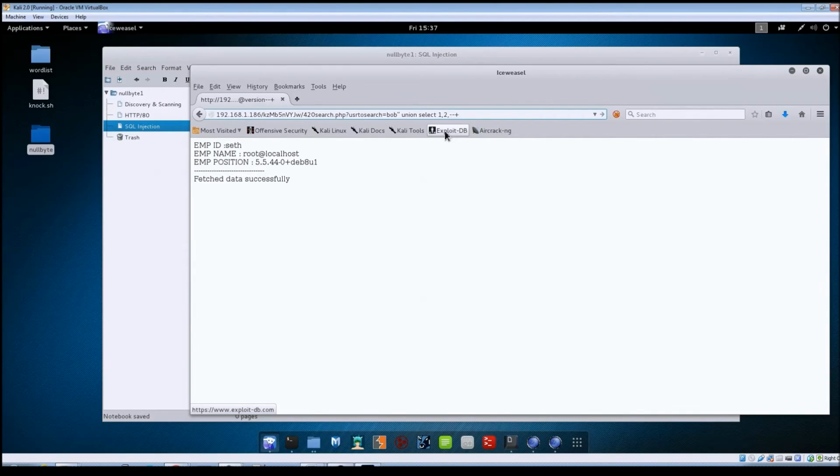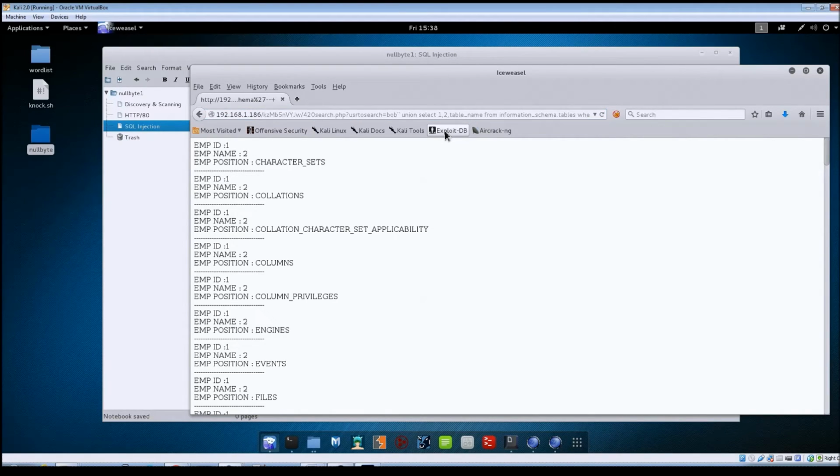So the query is going to be table_name from information_schema.tables, and we don't want it to include every table, so I'm going to do where table_schema does not equal mysql and table_schema does not equal information_schema. If we hit enter there,